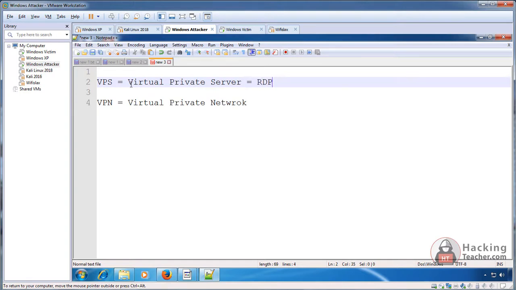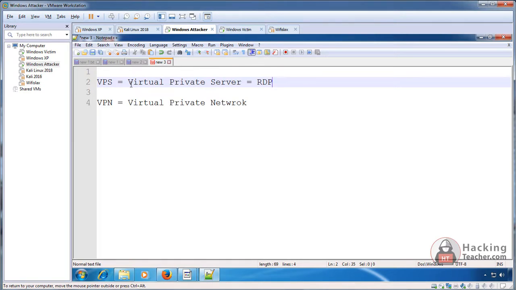You can also relate them with RDPs. I hope you know RDPs as well. RDP is a separate term, which we call remote desktop. But in the world of hacking, people buy hacked RDPs. There are servers on which RDP is enabled, and you can buy one for just $5, $4, which I'll also show you later on.